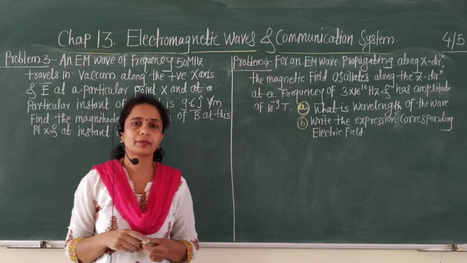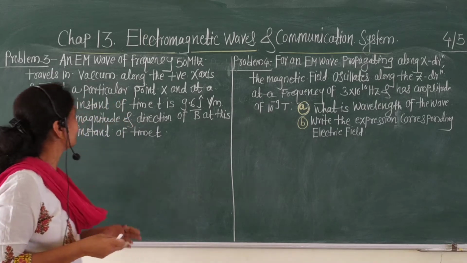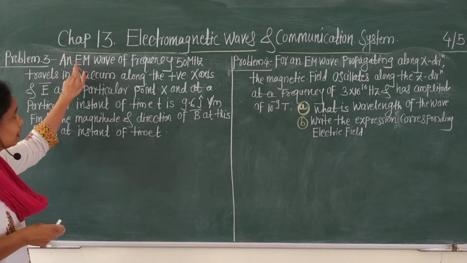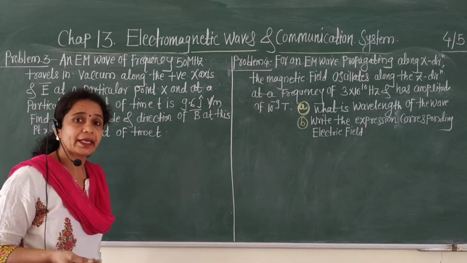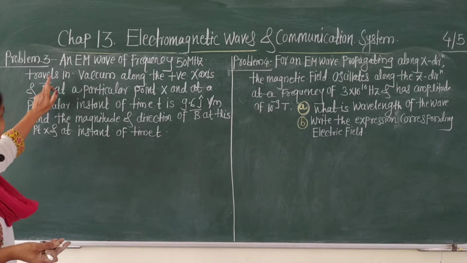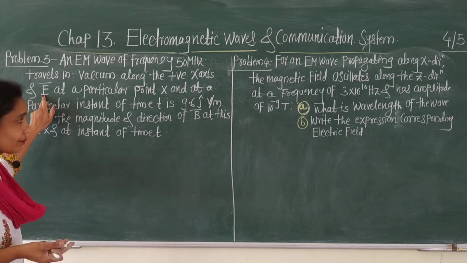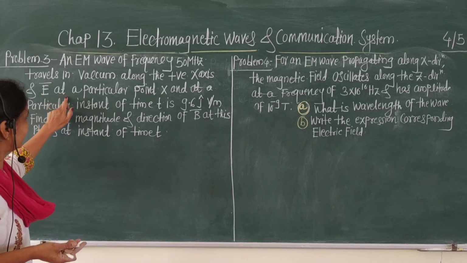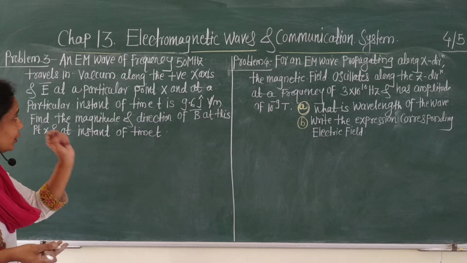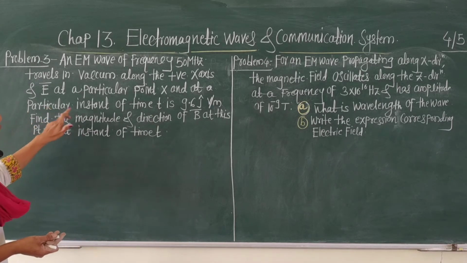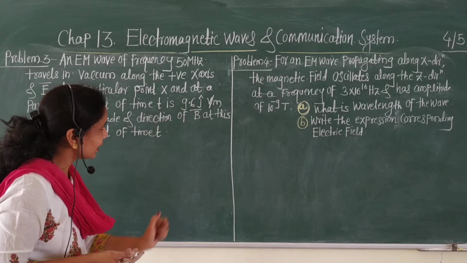Good morning, student. Next problem related to electromagnetic waves is: an electromagnetic wave of frequency 50 megahertz travels in vacuum along the positive x-axis, and the E vector at a particular point x and a particular instant of time t is given as